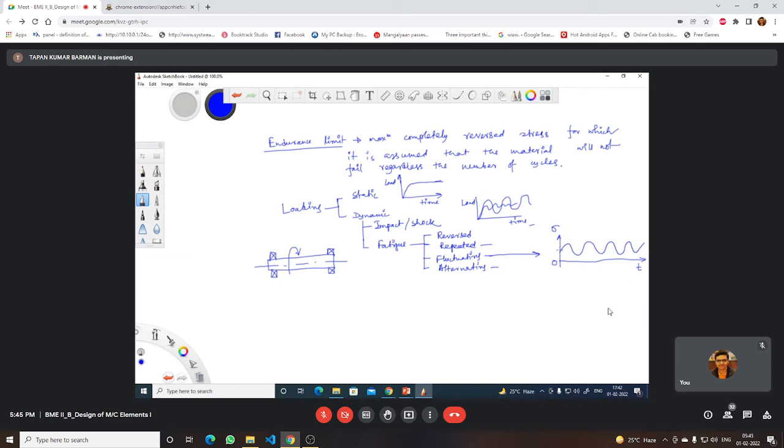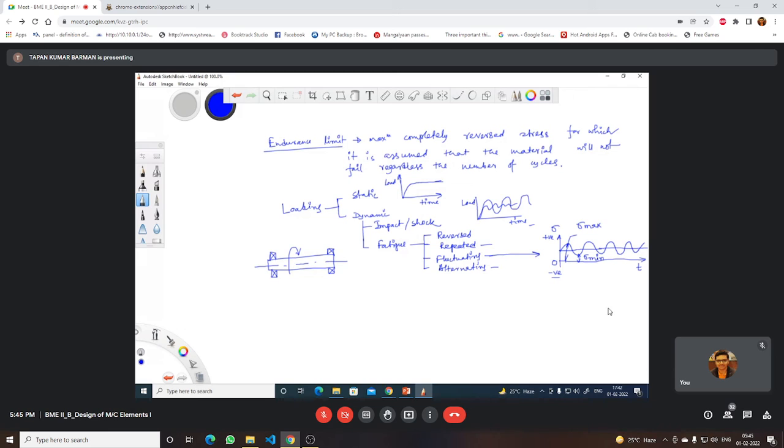So the mean of this curve should pass through this. The maximum stress here is this one or this one. It should be the same. That is basically sigma max. The minimum one is here, so this is sigma minimum. This is the positive side, this is the negative side. Is there any problem to understand this figure? No, sir.